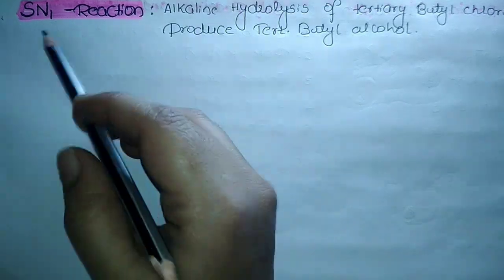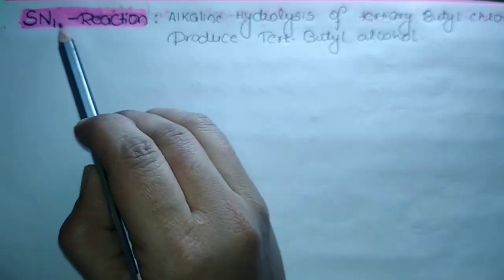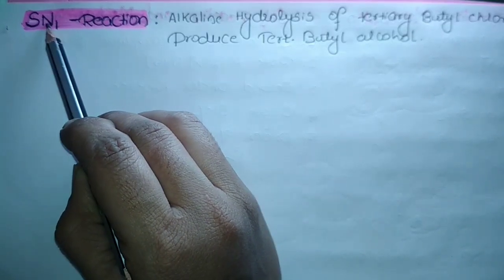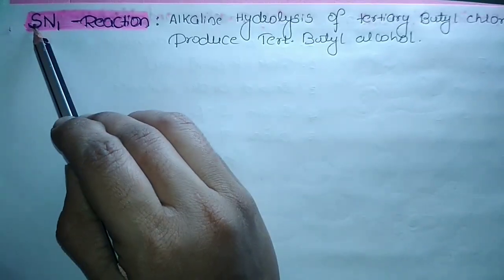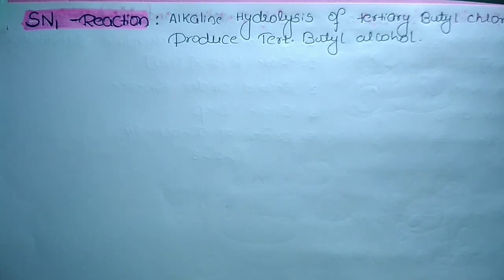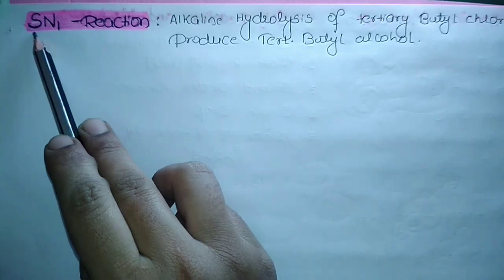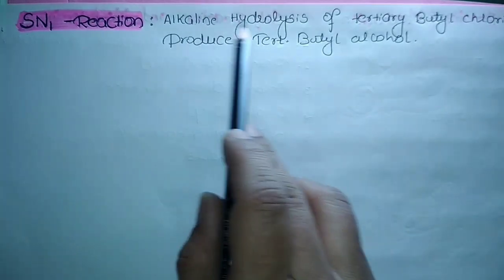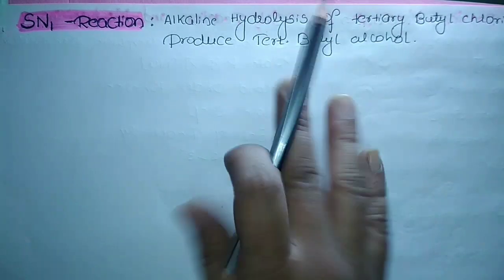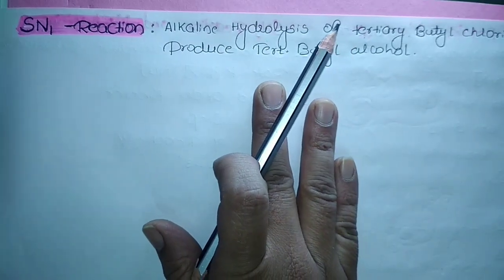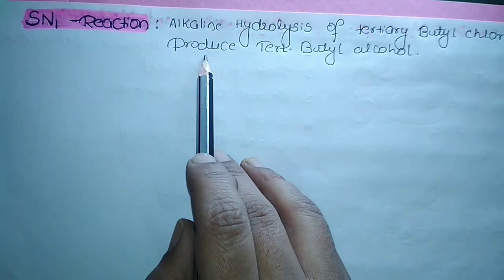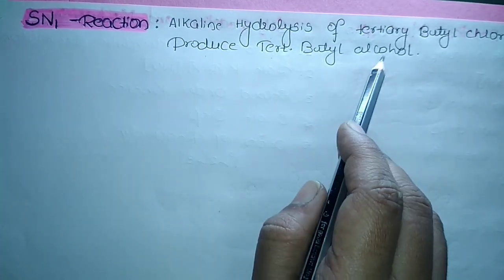So SN1 means what? Quite simple. 1 is unimolecular, N means nucleophilic, and S means substitution. So this SN1 reaction is a unimolecular nucleophilic substitution reaction, okay. It is the alkaline hydrolysis of tertiary butyl chloride to produce tertiary butyl alcohol,